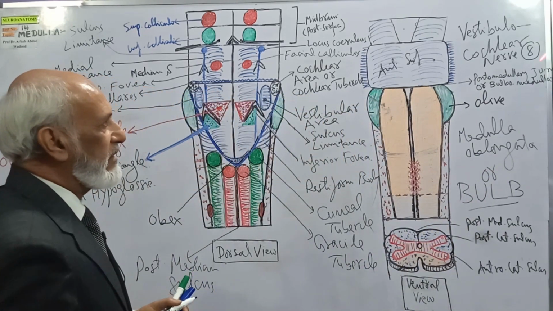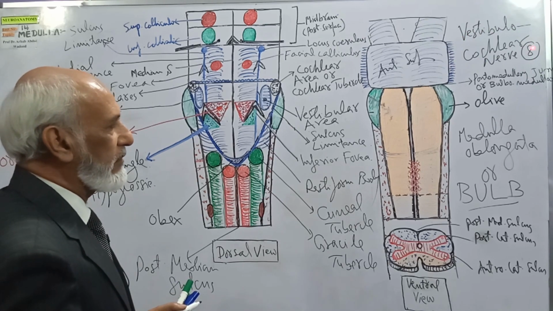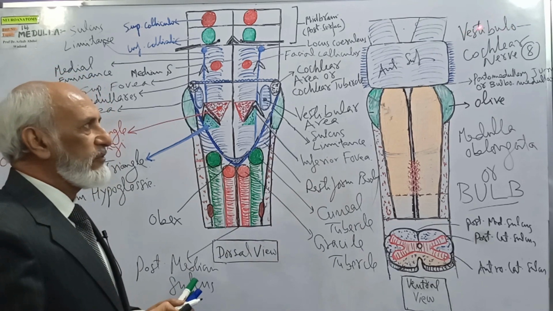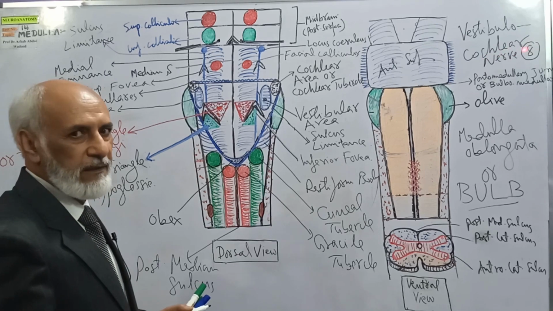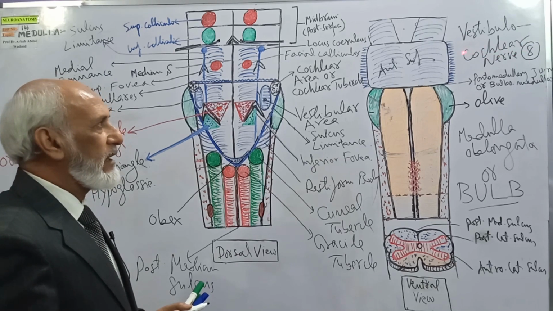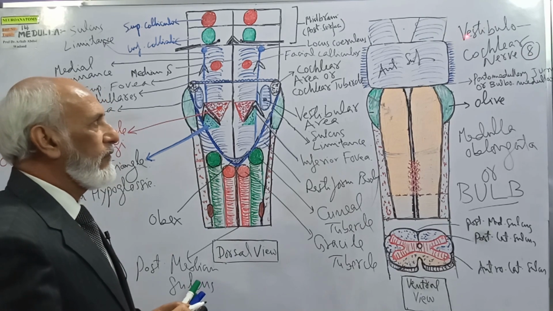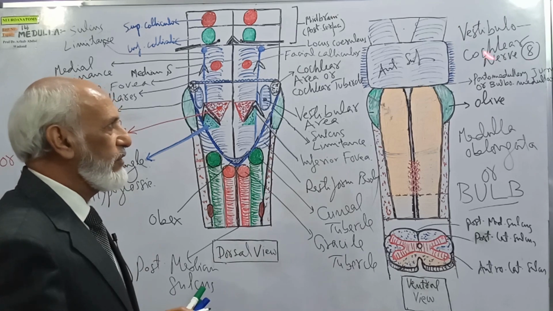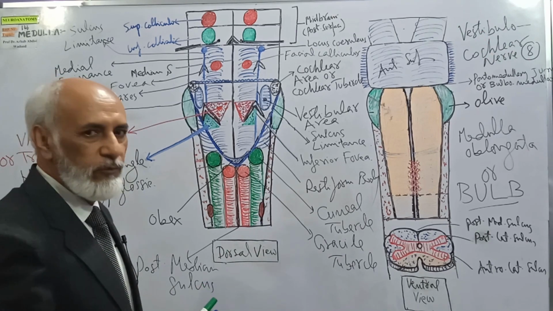Actually, it is the cochlear nerve which comprises two nerves, the vestibular nerve and the cochlear nerve. The vestibular nerve is for balance, equilibrium, and posture, and the cochlear is for hearing. So it is a cranial nerve which is two in one. One part is the vestibular nerve, the other is the cochlear nerve, collectively known as the vestibulocochlear nerve. So these nerves also have nuclei.